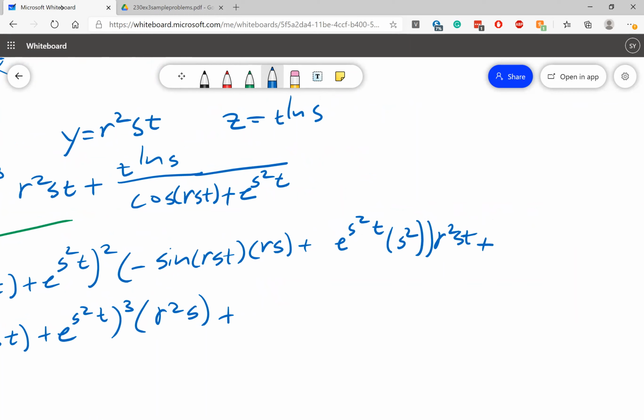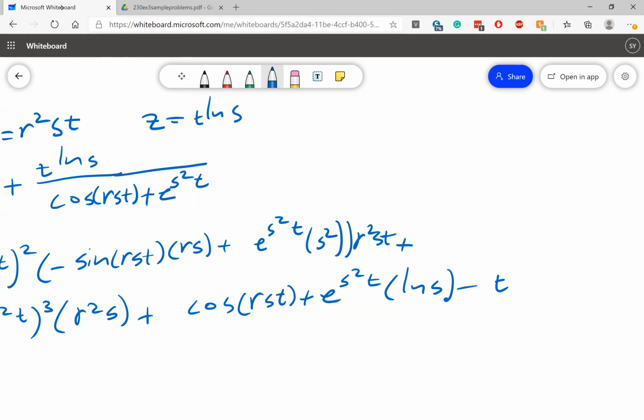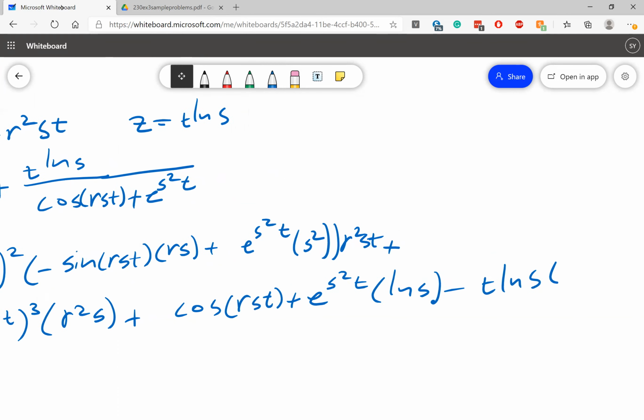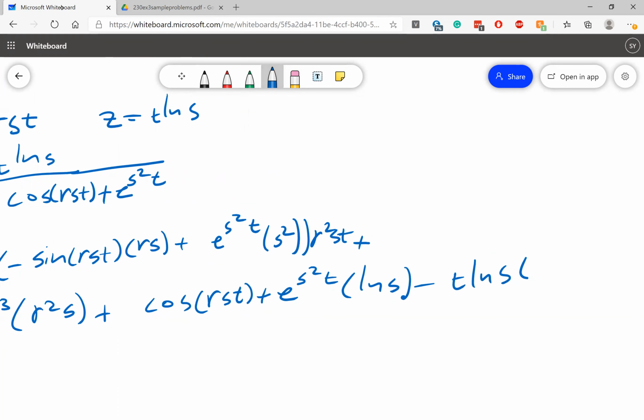Plus cosine(RST + S²T times ln of S minus T ln of S) times negative sine, so let's turn this into positive, sine(RST) and RS plus